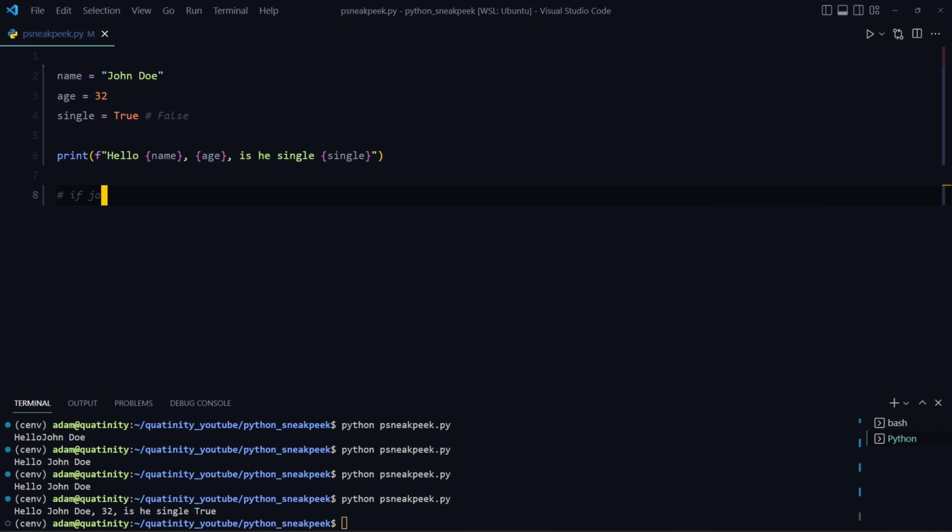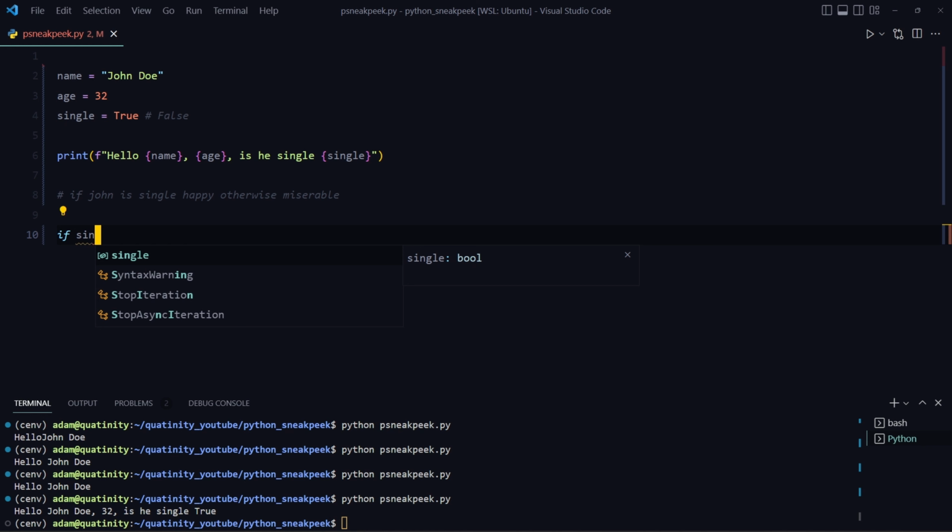If John is single, I want my output to be happy, otherwise miserable. And in Python it's kind of easy, you can do that, like if single,